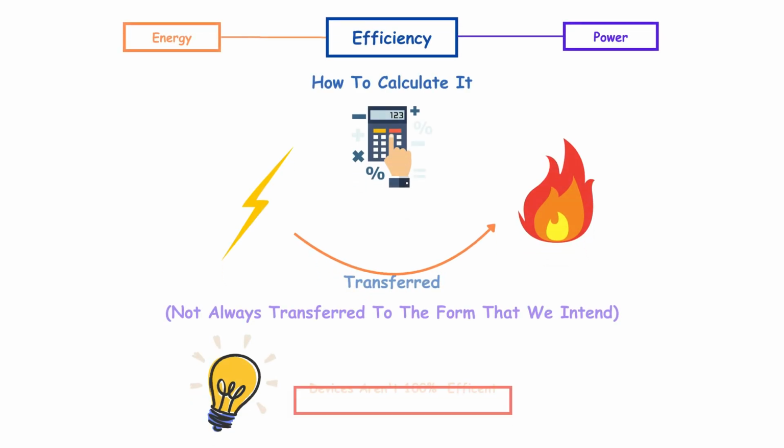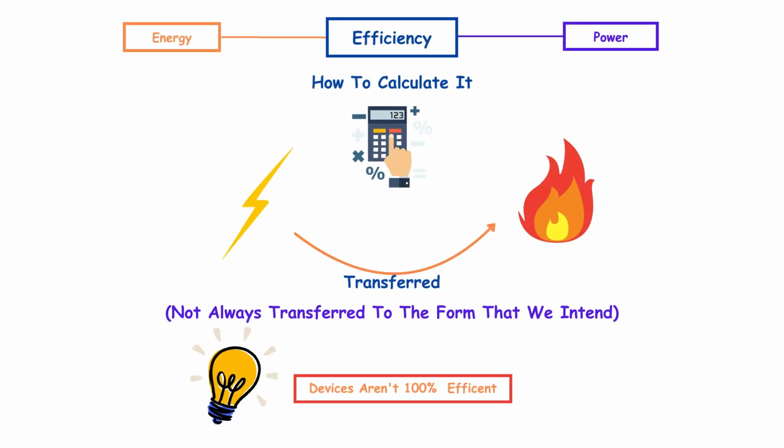We've seen several times that energy can be transferred from one form to another, but it's not always transferred into the form we intend because most devices aren't 100% efficient. In today's video, we're going to look at what efficiency is and how to calculate it in terms of both